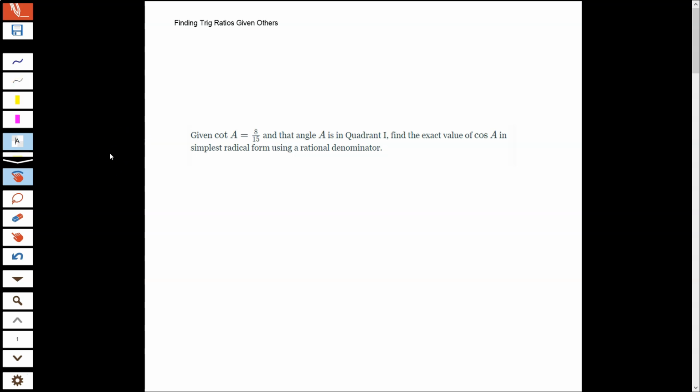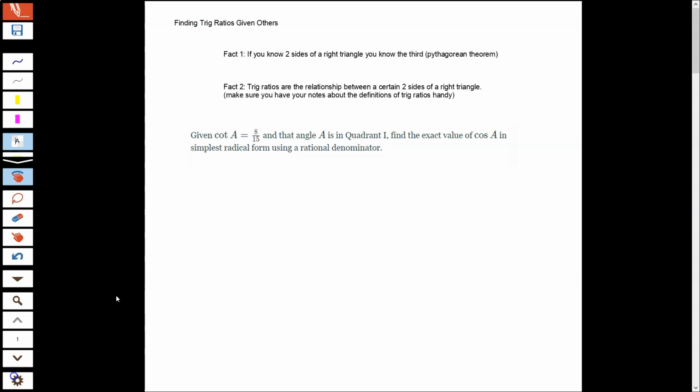So I want to talk about the two facts we're going to use that I want you to keep in mind. And then we'll do a couple and we'll see what this looks like. Okay, here are our two facts. The first fact is that if I know two sides of a right triangle, I know the third. Okay, so we know, nice right triangle, right? We know that